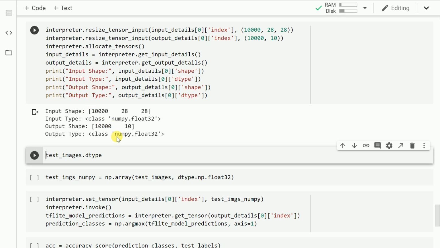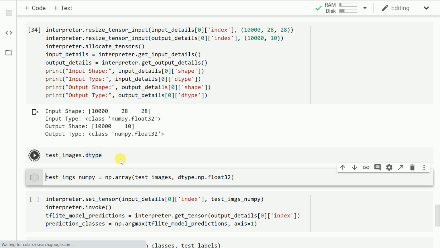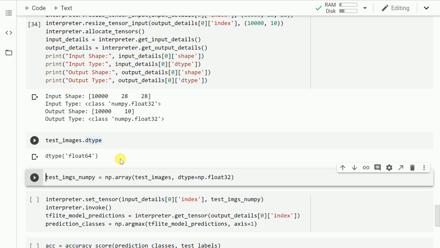There's also a small modification that is required, which I am coming to right now. Every value inside my test_images is of the type float64. If you look at this input type, it is numpy float 32.